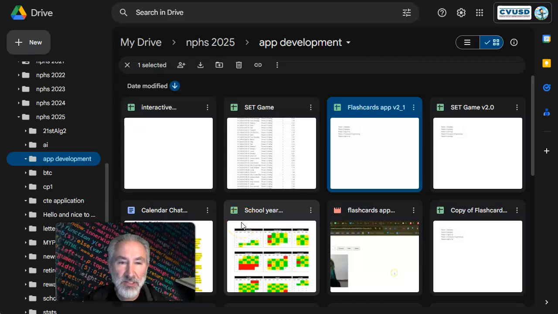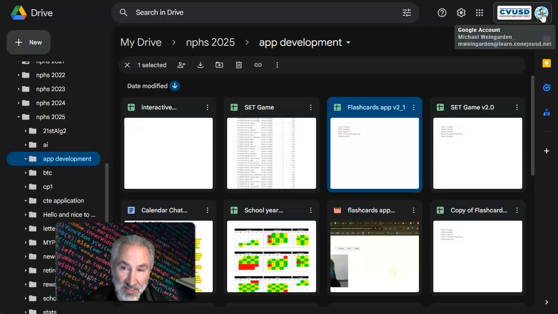Hey folks, I just wanted to record a video to show you a little bit of my Google Sheets AppScript apps and show you that they are working on my home computer when I'm using my school Google account. So up here in the upper right corner you can see CVUSD, and that's my school icon there. And you can even see the email address,